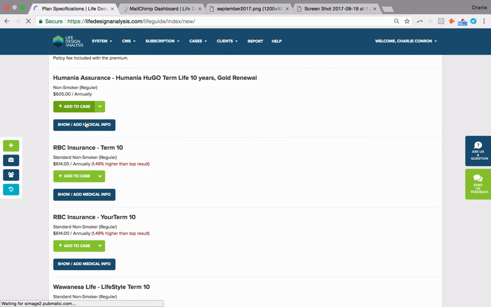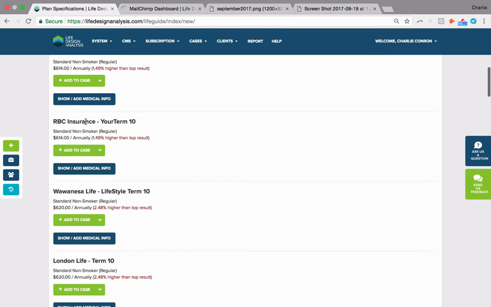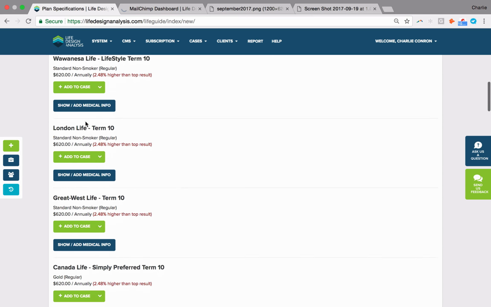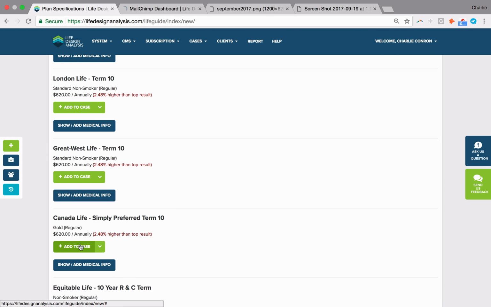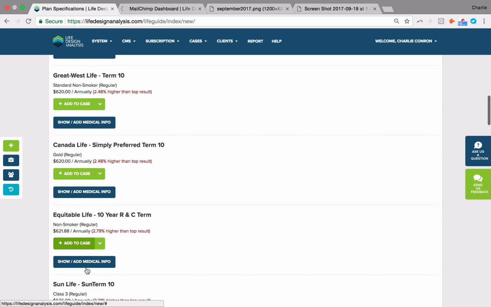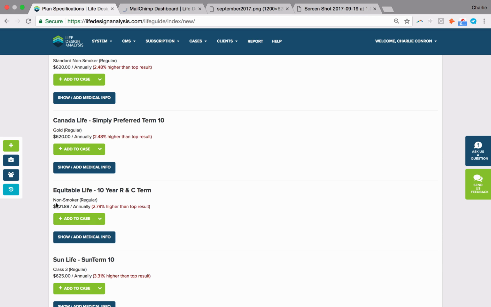What I'm going to do here is search the market for 10-year term, and it's going to give me a listing of all the different companies that I can select from and add to any given case. When you do add to the case, all of those renewals and all of the premium information is put into that case. So I'm going to add this with the guaranteed renewals. You can also illustrate these as a reissue. Our system will assume good health and add a disclaimer saying the client must be healthy, but show it as a reissue. But in this case, I just want to add with the guaranteed renewal. So I'm just going to click add to case.